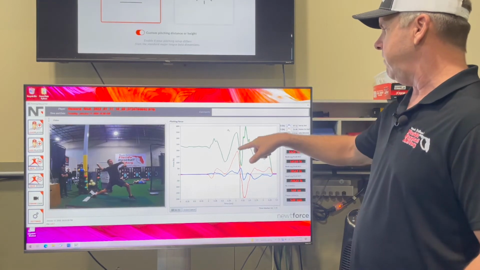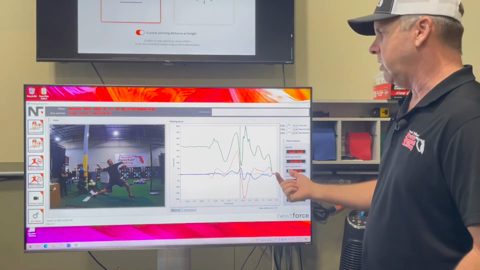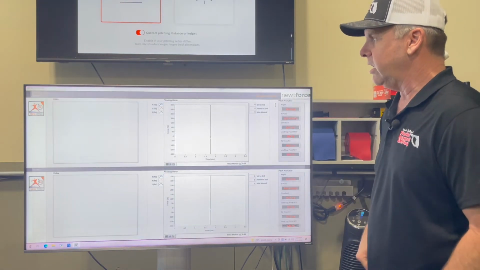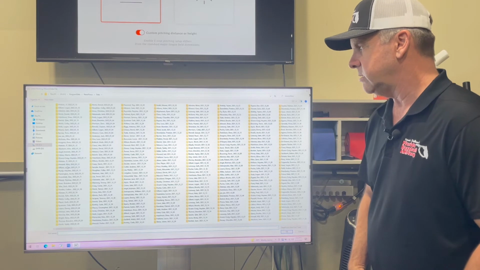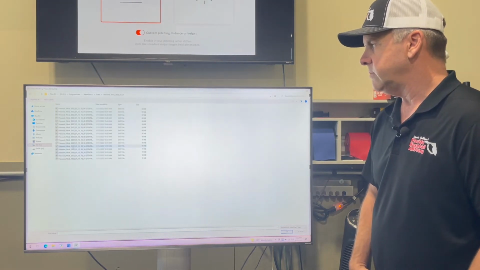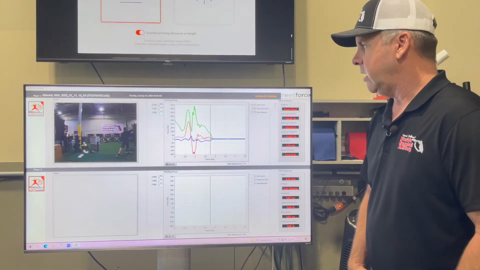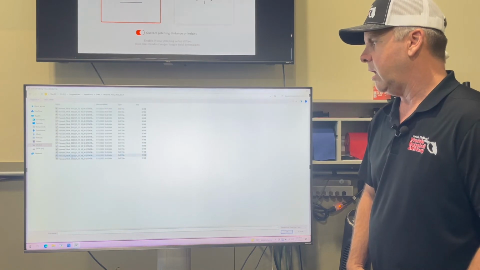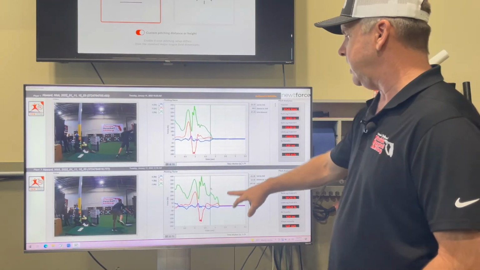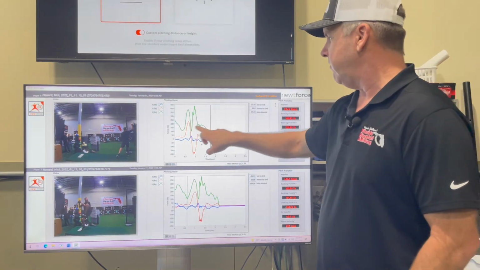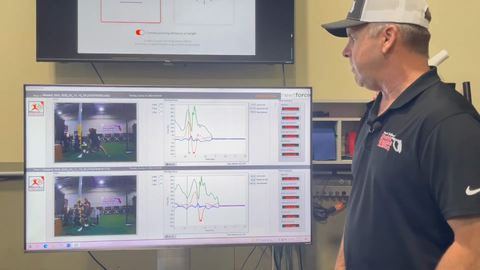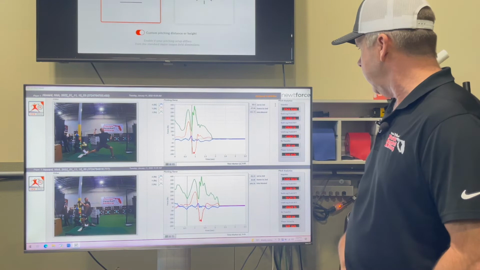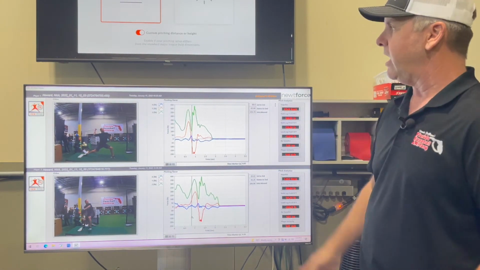And then we can also, if you can just show them this, how you can compare pitch to pitch, right? So go ahead and find another pitch for Nick. And then we can just look at them side by side, just any random one will do. And now we can look at two pitches and compare the TrackMan data and see what the fine differences were, and see if maybe we can come up with some ideas to change the movement to affect the downstream data as well. So really a lot of really interesting tools that we get out of this,